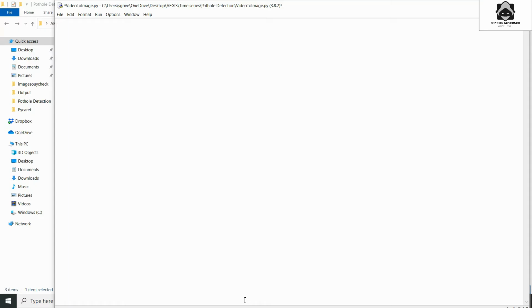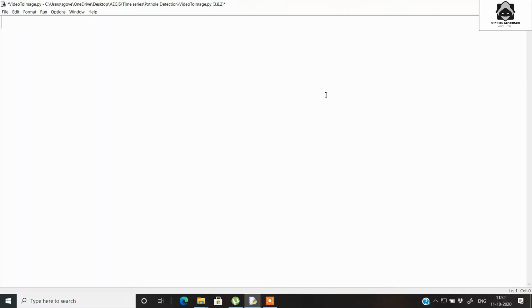Firstly, we will be needing some open source computer vision library. You can use Pillow or you can use CV2. I will be using CV2 here. So we will be importing CV2. We will be importing time to calculate the time that is required for our conversion, and also we will be using the OS module so that the required directories and all can be made. After this, we will be defining the main function, which will be the entry point to our Python program.